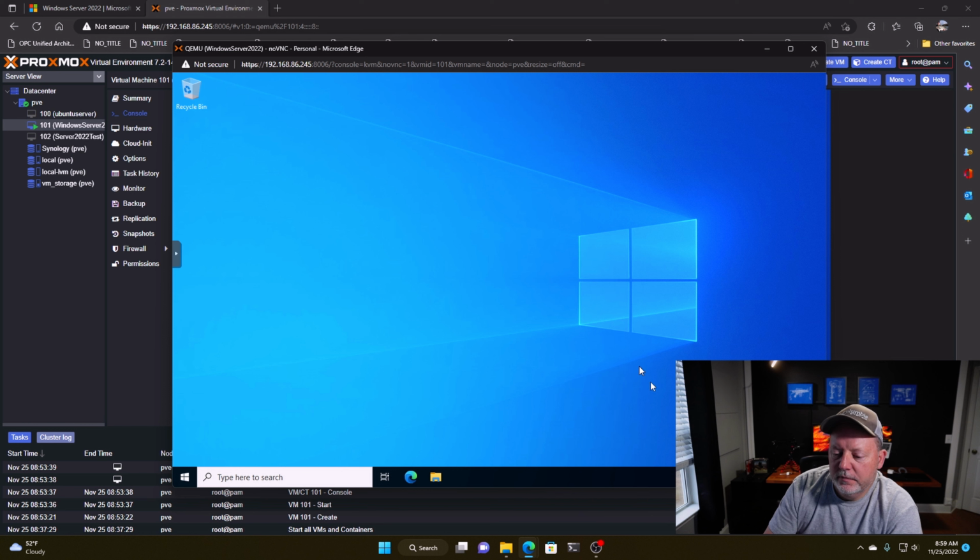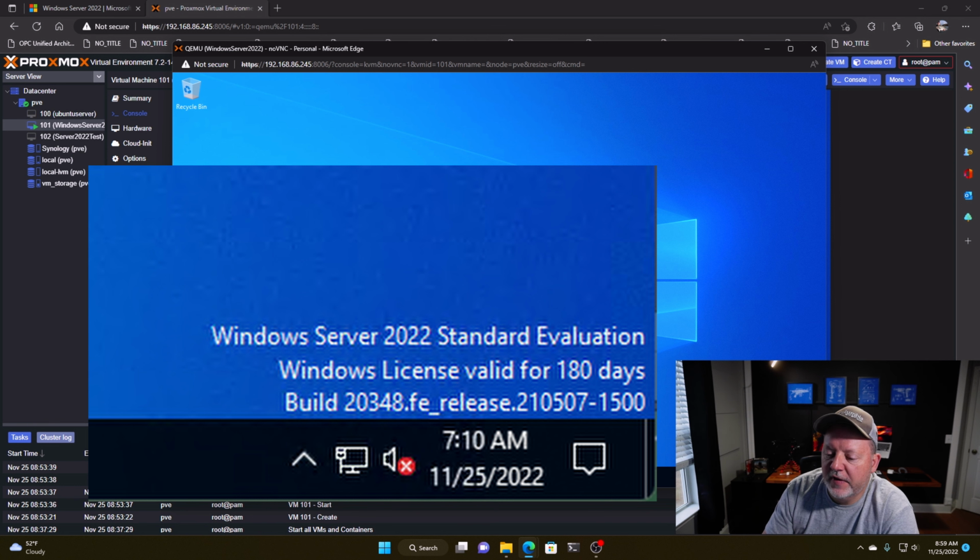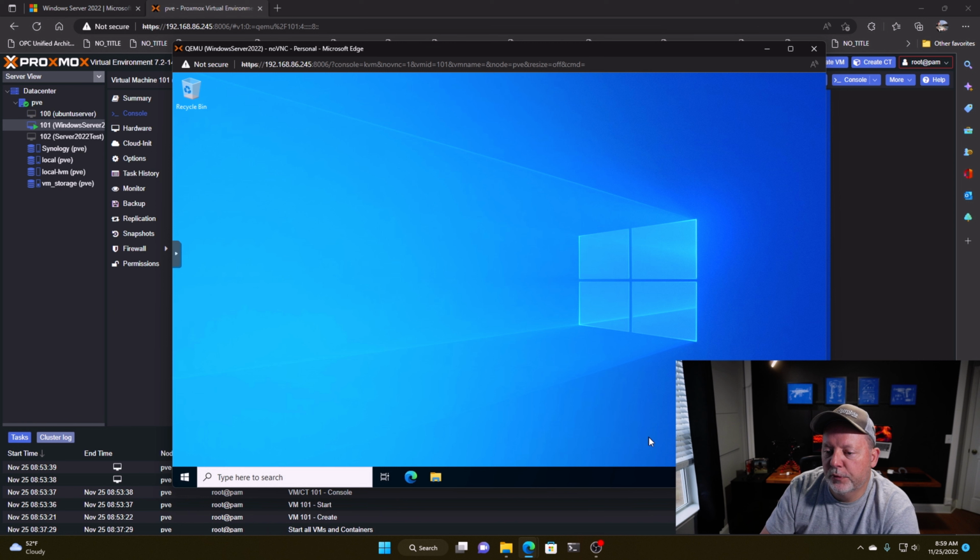So here is Server 2022, sitting there running, and it tells you down here in the bottom, the Windows license is valid for 180 days, and then you can go rearm it. That's what the term is, rearm it. So, what we're going to do,